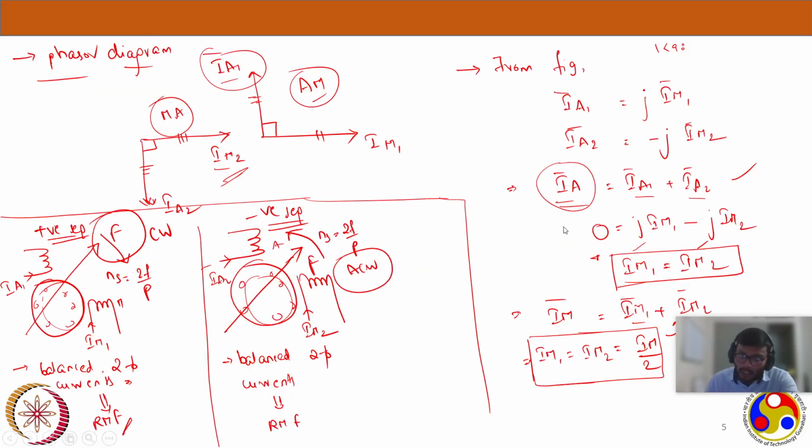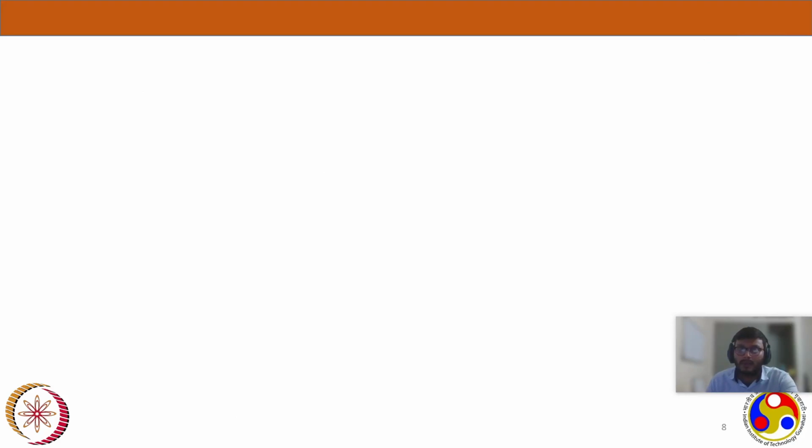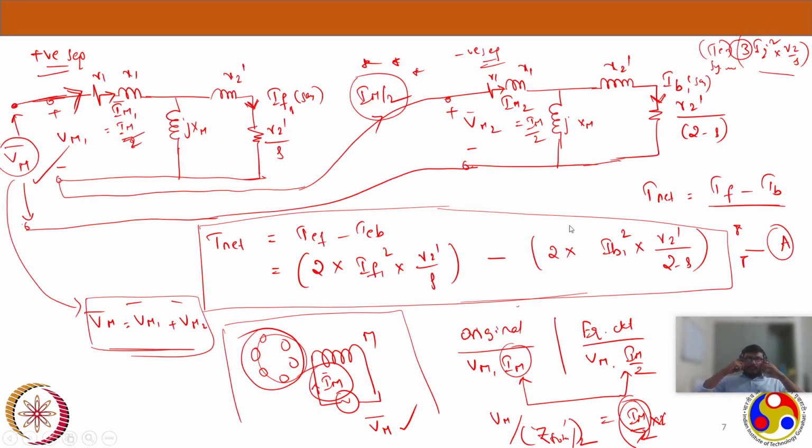Then we started looking at the phasor diagrams and deriving some current expressions, and then we made our own equivalent circuit with the slip values and also torque values. Then we arrived at the torque expression of this equivalent circuit. There I want everyone to remember the point where we tried to double the current Im to 2Im, so that we can bring it even closer to our original circuit by halving all the impedances. Anyhow, we will discuss it again next week so that we have a closure